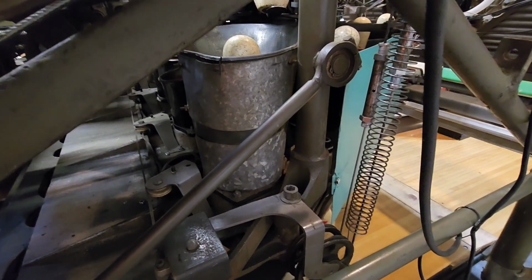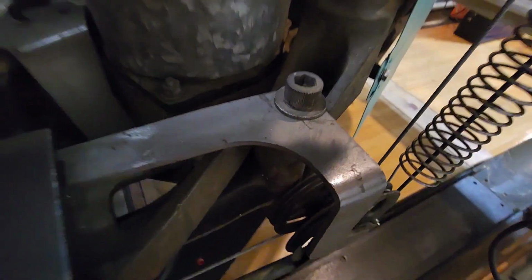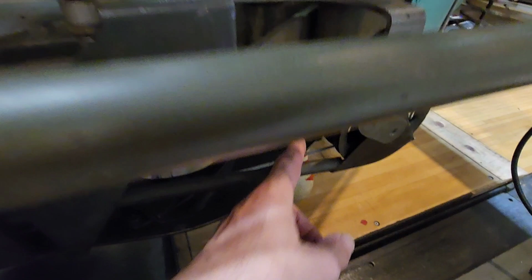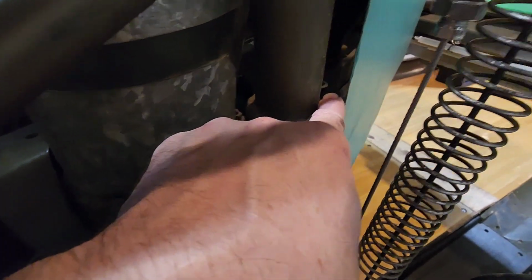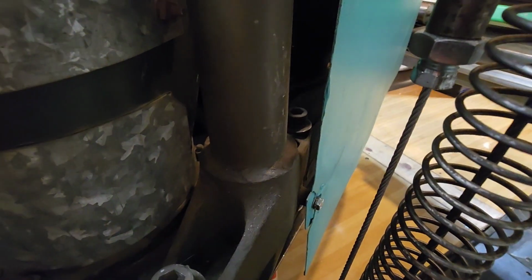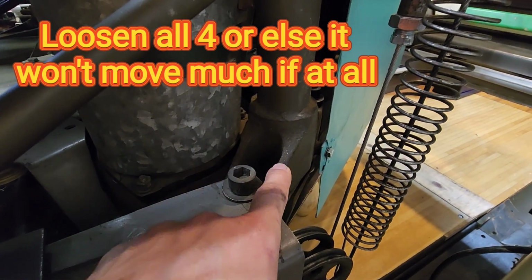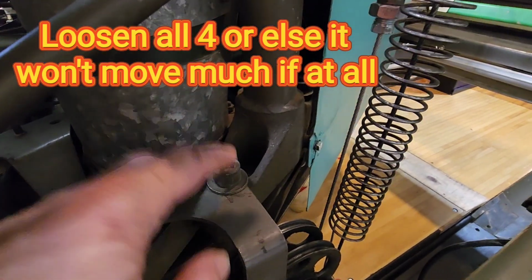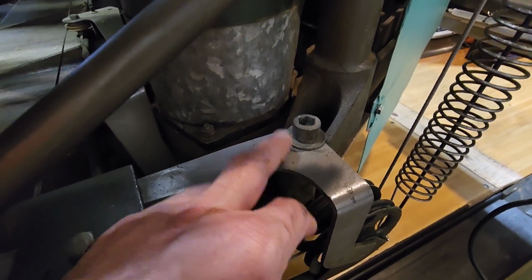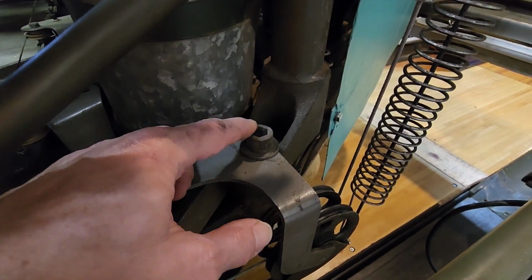Looking at it from the side here by the 7 pin bucket, if you look real close, you got the Allen bolt right there. And down here, right by your cables, is a big 1 inch nut. There's also another one hiding right up in there, kind of hiding between the deck shield there, but you can kind of see it. What you want to do is loosen both of these up. This post is slotted. You can't see it on this because this is for the pin finders, and a lot of people have already taken it off, but this is sitting in a slotted area right here. You loosen this up,